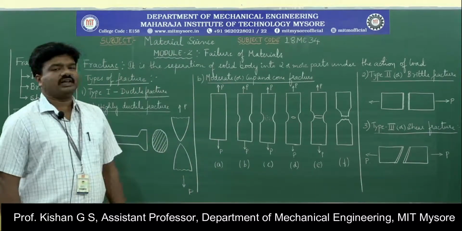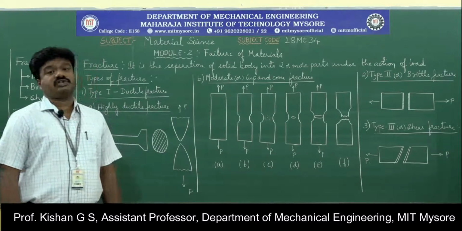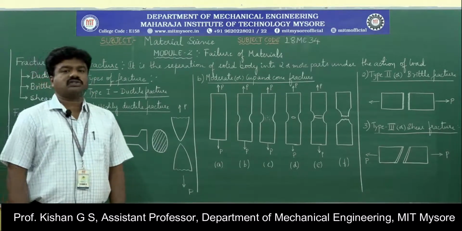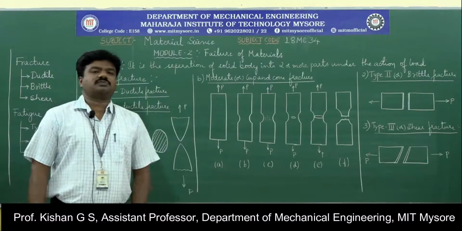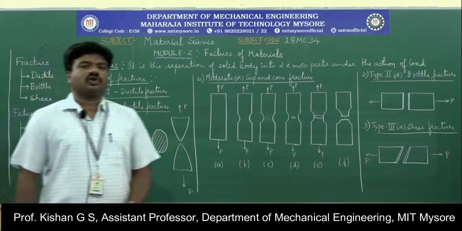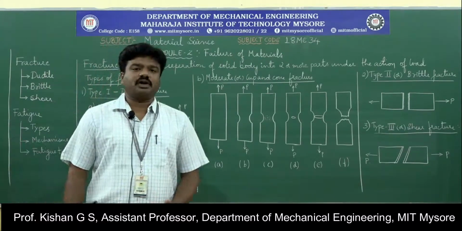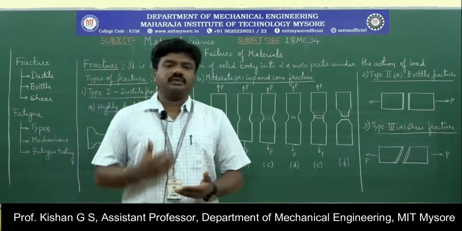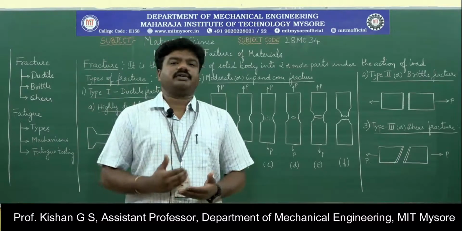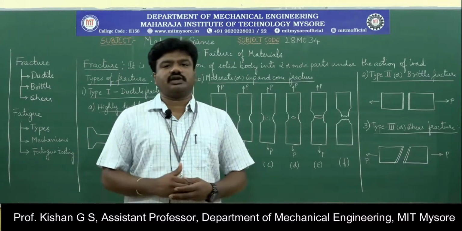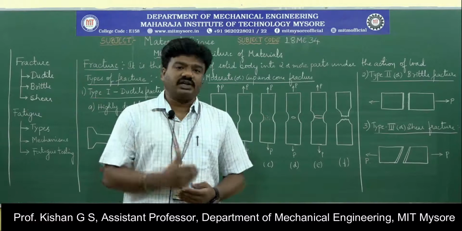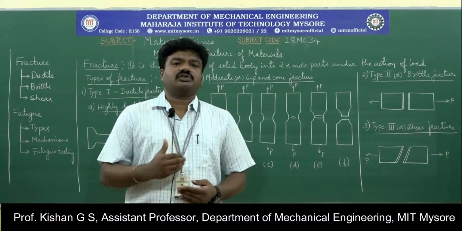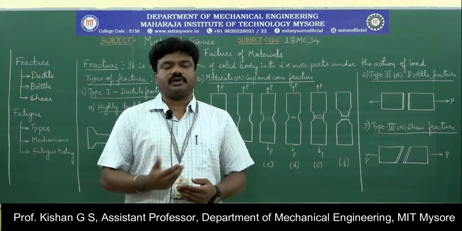That is, we are going to deal with three different parameters here which define the failure of material once the material is subjected to load. The first parameter being fracture, followed by fatigue, and the last one being creep. So these fracture, fatigue and creep are defined based on different parameters, like based on the nature of loading condition, based on the nature of material, type of strain which is being resultant as a part of application of load